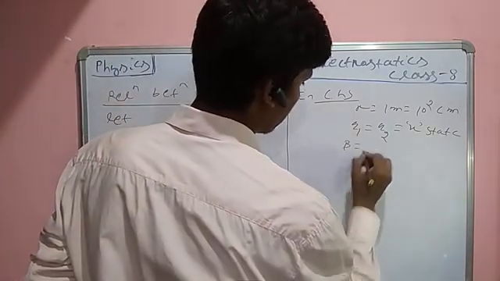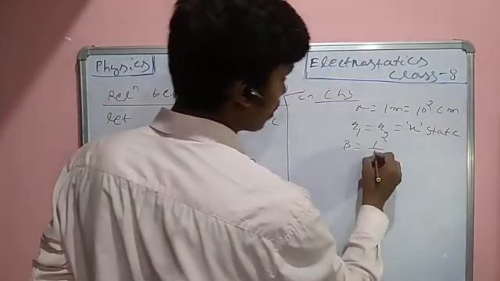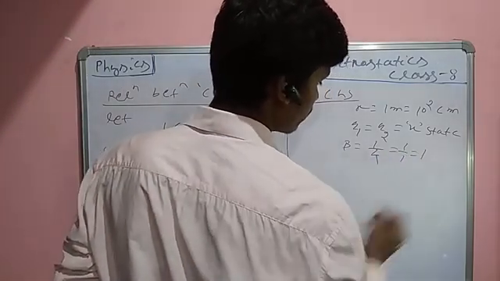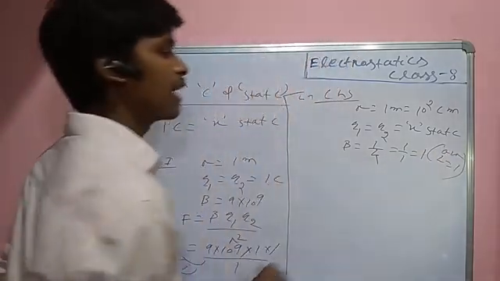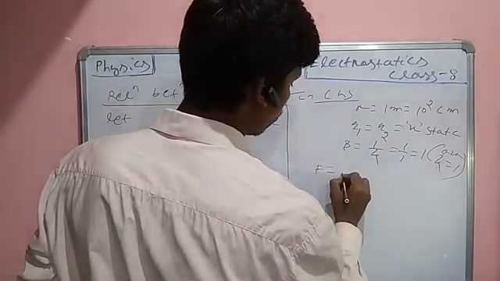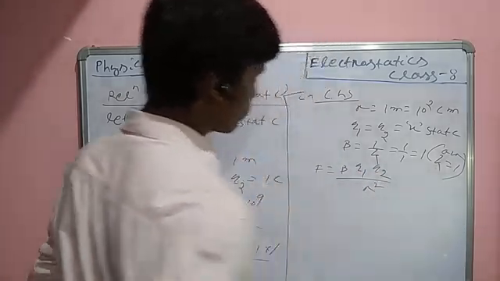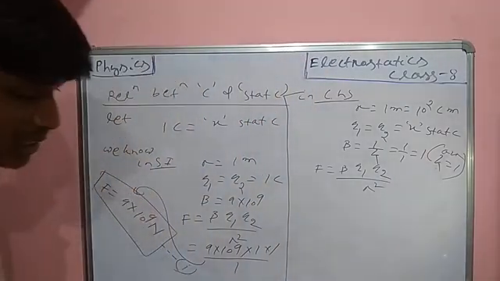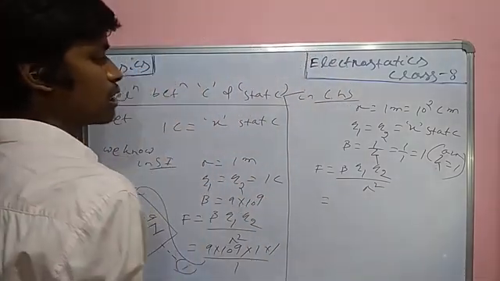Beta is equal to what? In CGS, beta is equal to 1 by K. Suppose it is the air medium, then 1 by 1 is equal to 1. Yes or no? The K value of air is 1. In air medium, K value is 1. So F is equal to beta Q1 Q2 by R square. Yes or no? F is